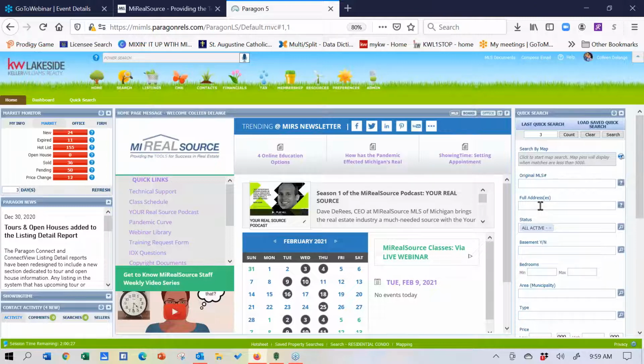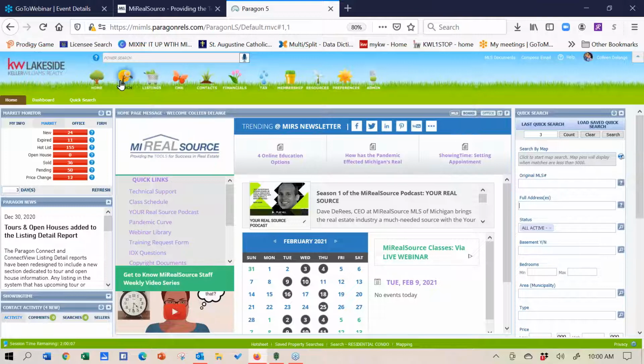So I'm right now working with a buyer. He has to have a 3-car garage, has to have a pole barn. He is looking for land contract financing, right? Needs a certain amount of square footage. That's where we're getting into more detailed searching. So that's really when you want to do your detailed search, which is going to be up here under your